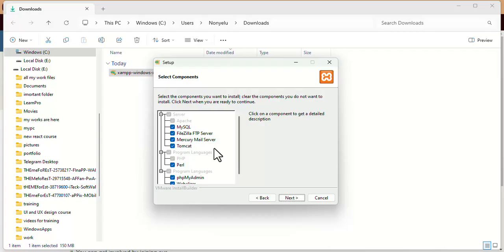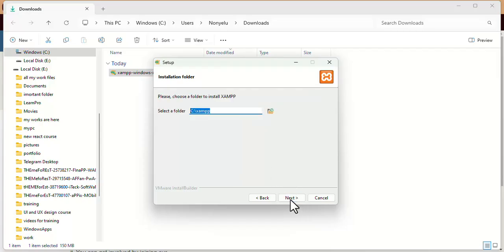Now look at this. We make sure that we install MySQL. These other ones I don't actually need, but you can leave them. You can also see all the other ones, like fake sendmail. All these things I don't need, but I'll just leave it as it is, and I'll click next, and I'll make sure that this is saved